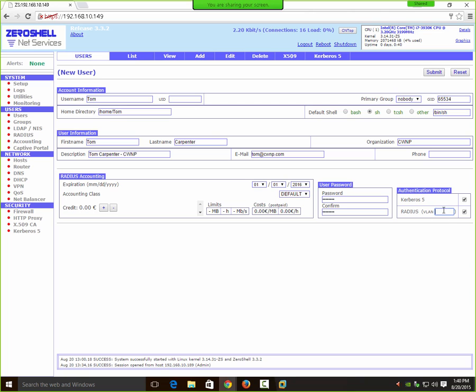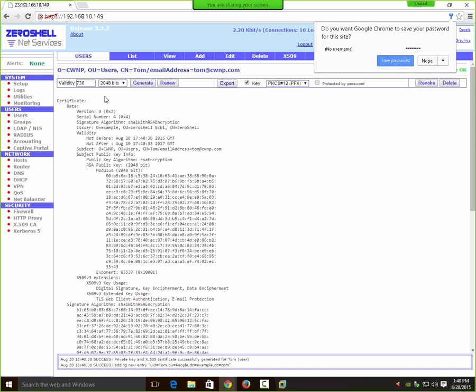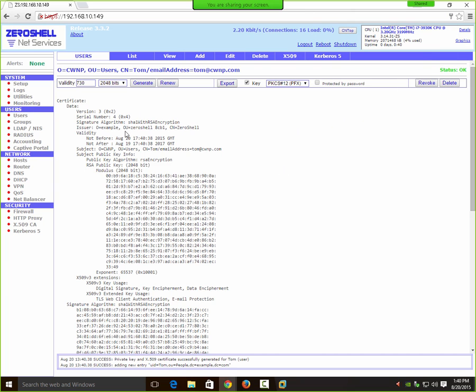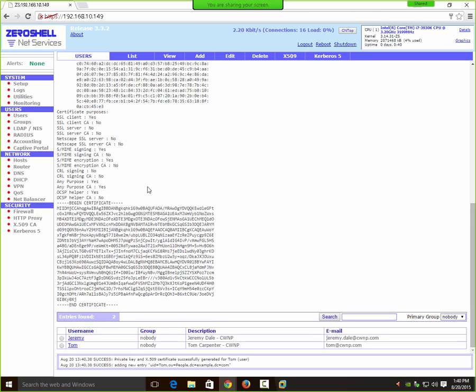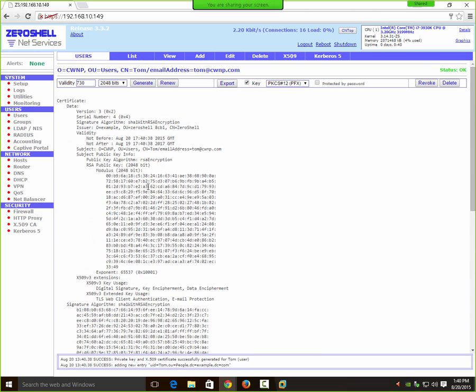And then we could, right here, specify a RADIUS VLAN to put this user in. So that's a feature that's built right into the tool that we could configure. So we'll click on Submit. And it creates the user. Pretty straightforward. And notice what it did as well: not only did it create the user, but it created that user's certificate. And this is obviously key if you're wanting to work with different EAP types and see how